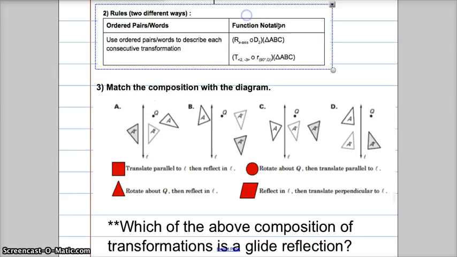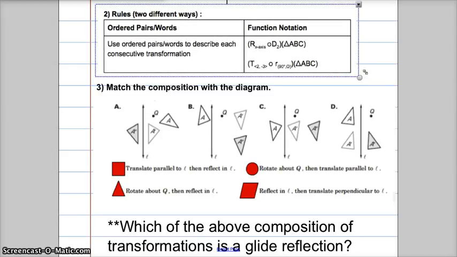Some rules. There are two different ways we can write the rules. We can use words, an ordered pair, anything like that, to describe what's happening to which one. What I'm going to use is the function notation. So you've seen this before, the capital R standing for reflection, the capital D standing for dilation. What this is telling you to do is to start with triangle ABC,